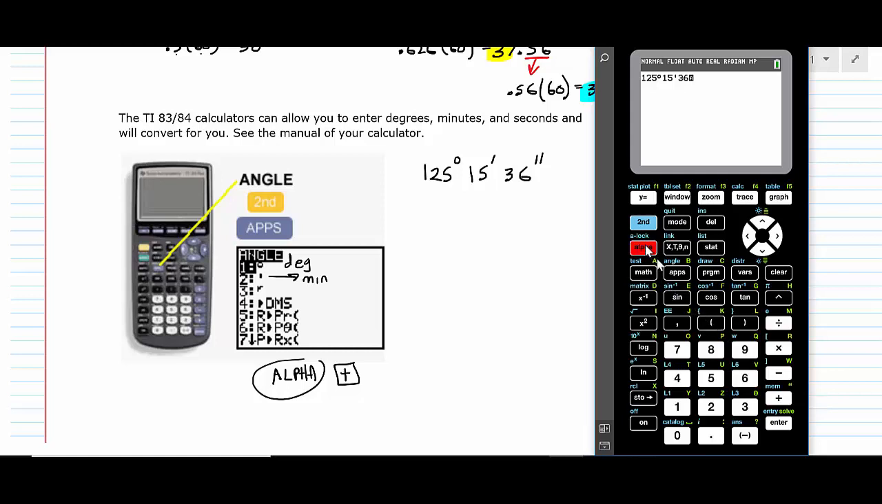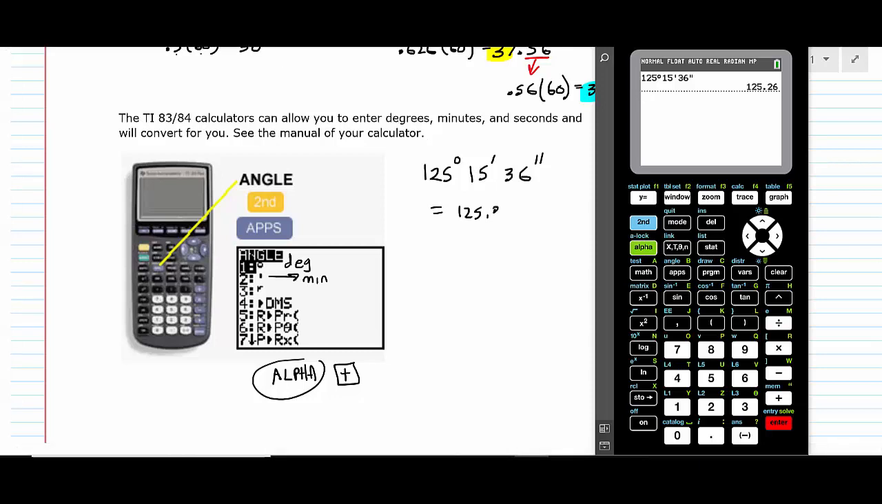Then you go alpha. Okay, shoot. Let me do that again. I've got to start over again. Sometimes you can't see what I'm doing. So I go like this, 125 degrees, 15, second apps, and option 2. Then I go 36. I'll do it right this time. Alpha plus. Then you just press enter. Now there it is. So that answer is